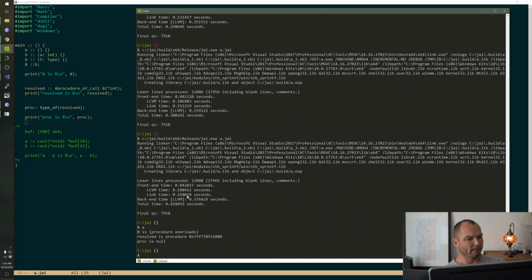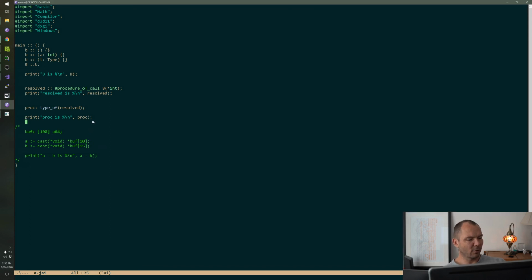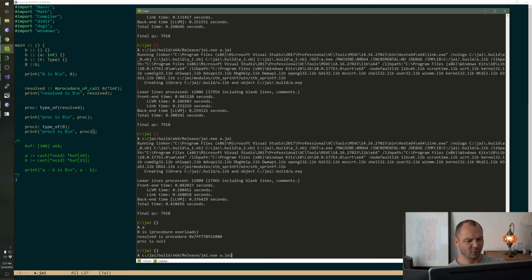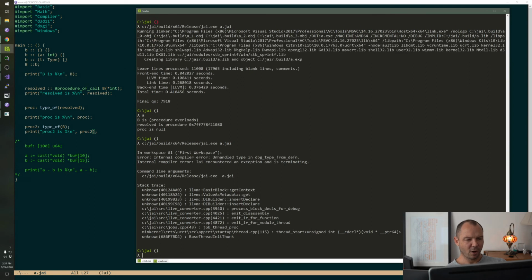Actually, I'm not sure what happens if we do this where B is an overload. It's probably still null, or maybe it's an error. Oh, that's a compile crash in LLVM. Great.